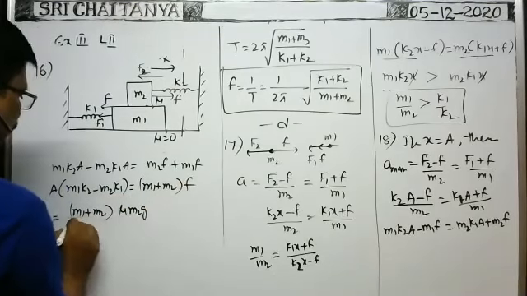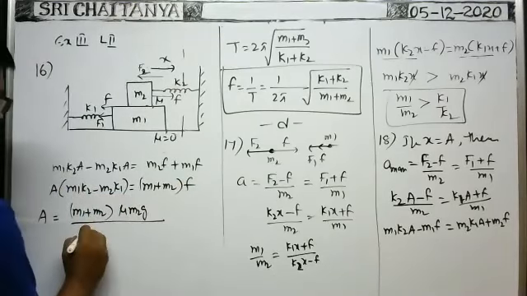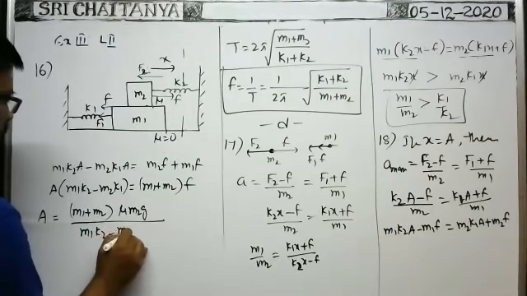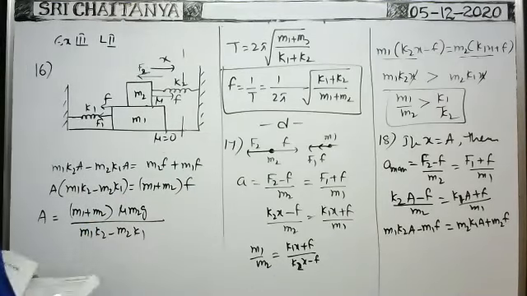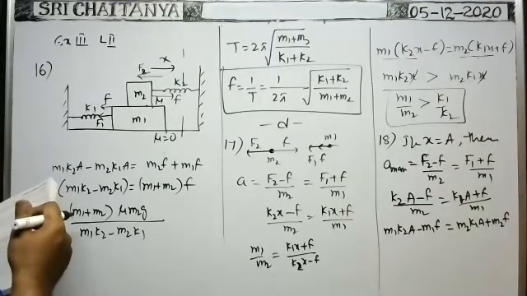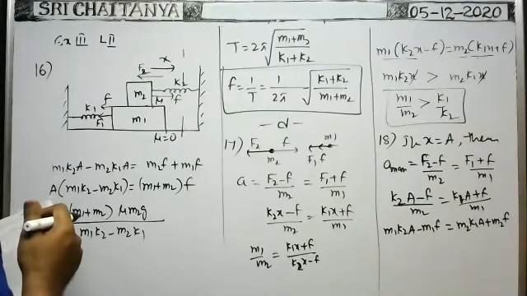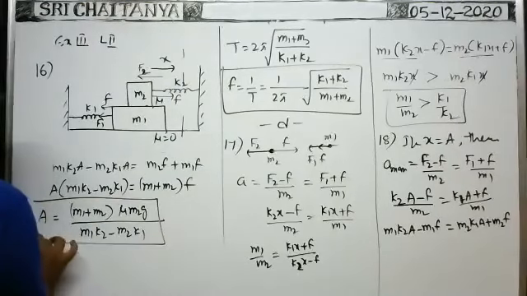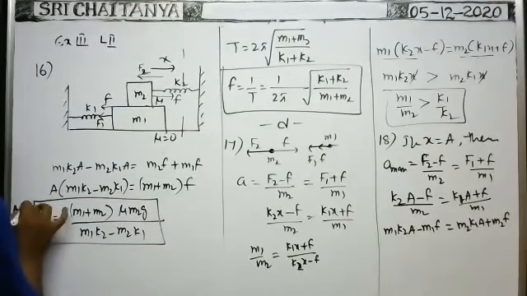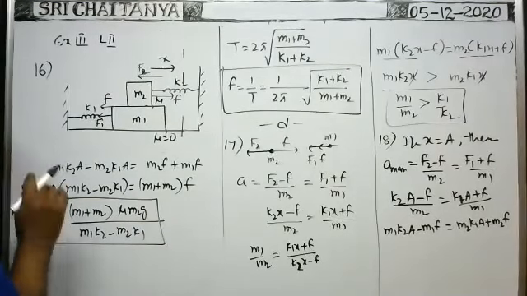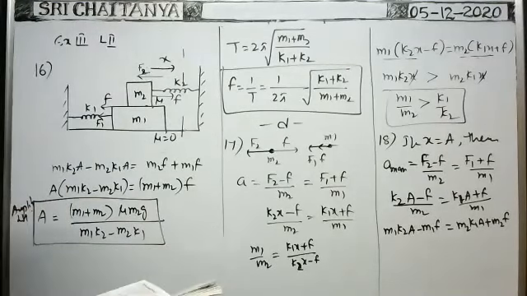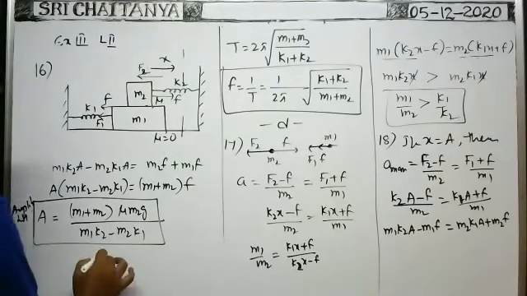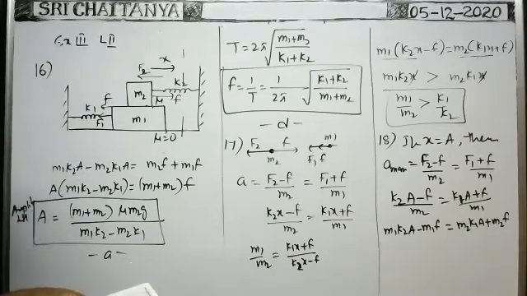Okay, this is f, divided by m1 k2 minus m2 k1. So therefore, the amplitude of oscillation A is equal to mu m2 g into (m1 plus m2) by (m1 k2 minus m2 k1). Yeah, this is the answer. This is the amplitude. Okay, this is the 18th problem. So for the 18th problem, option A is correct. In this way, you have to do it.